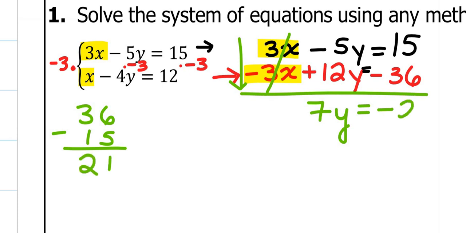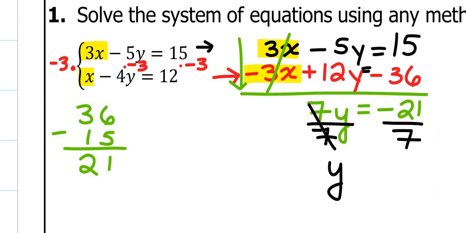So I'm going to have a negative 21. Next step, I'm going to divide both sides by 7 so that I could solve for y. Notice I only have y's now. So it's an easy 2-step, 1-step equation. The 7's cancel, so y is equal to a negative 21 divided by 7, which is